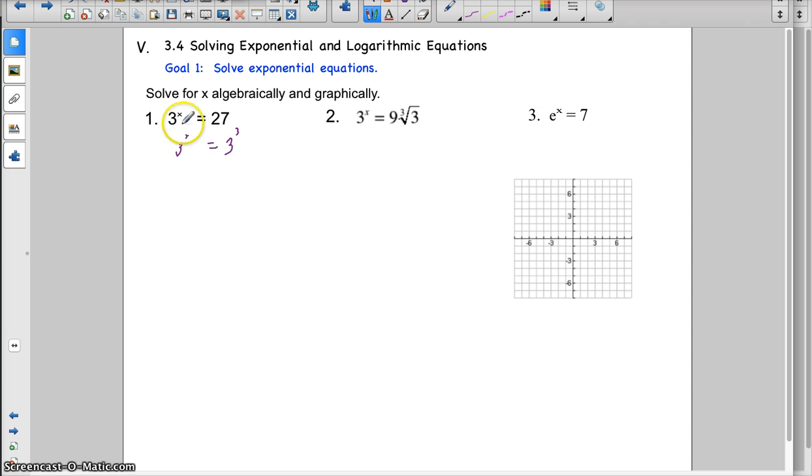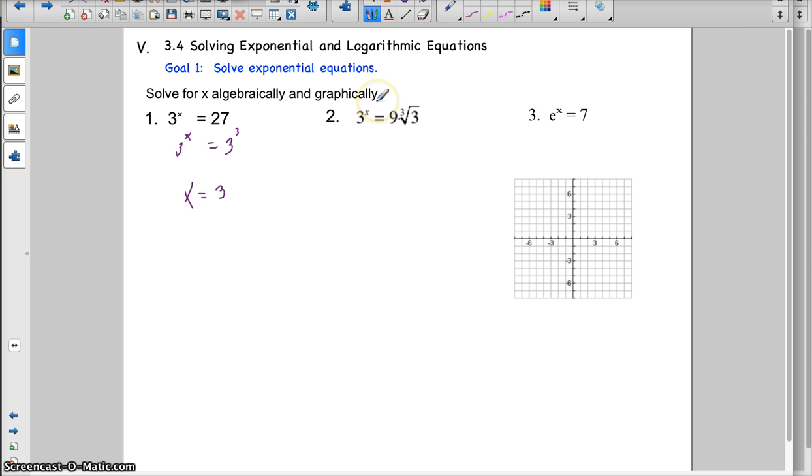And now the bases are the same, so the exponents are the same. So x is equal to 3. And of course you can double check: 3 to the third power is 27. So in example 1, we were able to make the bases the same. In example 2,